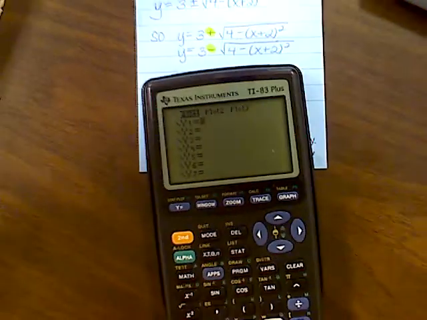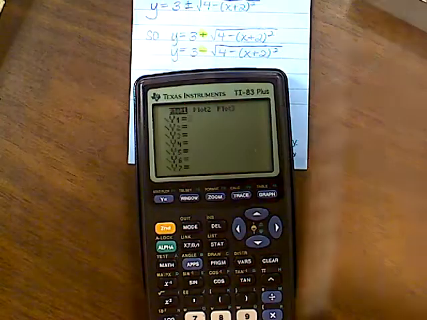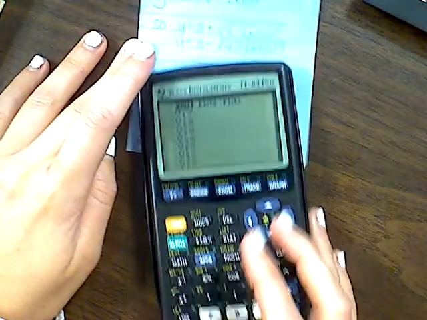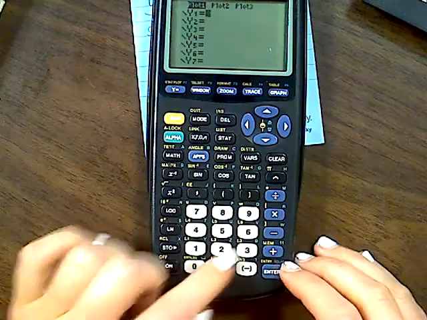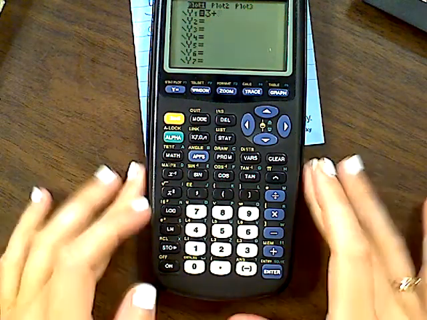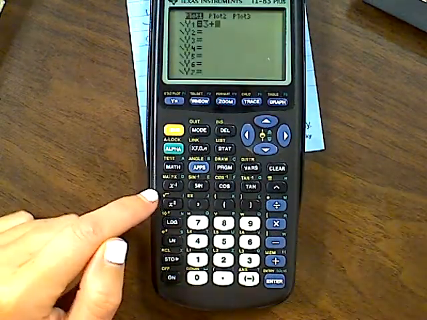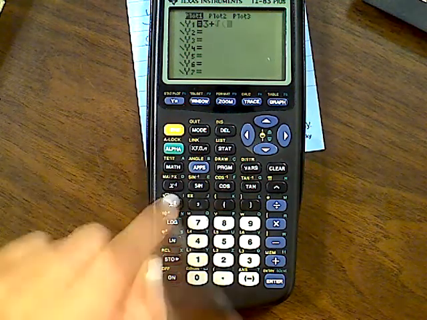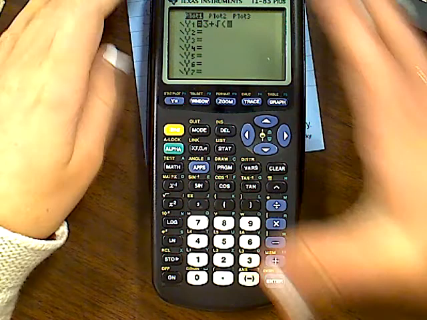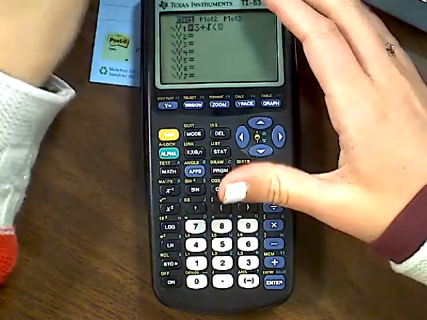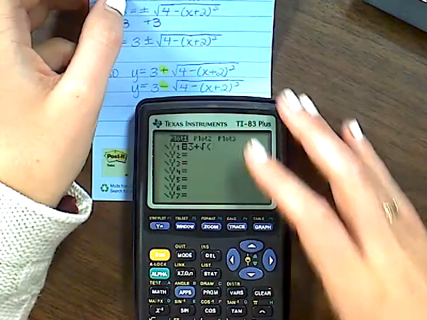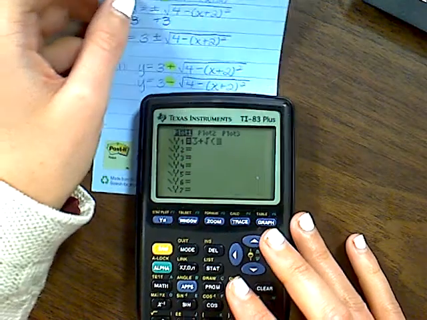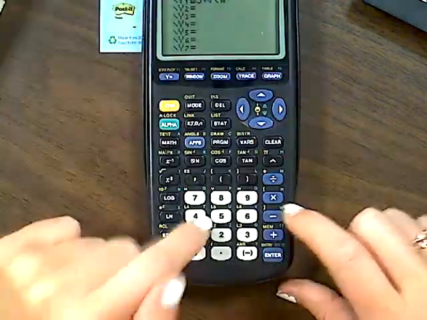I'll zoom out a little as well. Okay, so first thing we need to do is 3 plus. And then remember the square root is in orange right here, so you have to click the second button and then the square root button. And now we're going to deal with what's inside the square root, which is 4 minus (x plus 2) squared. So I'm going to put my 4,